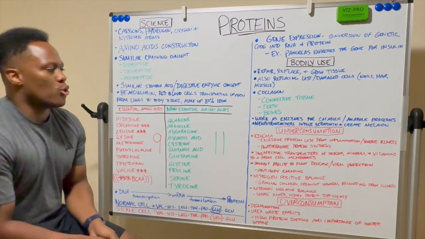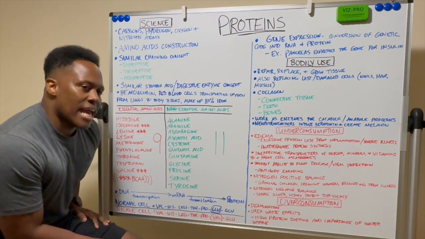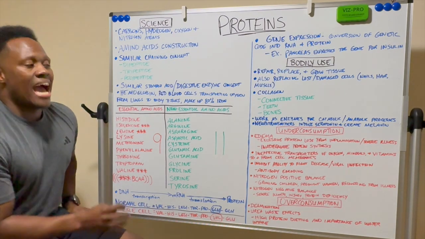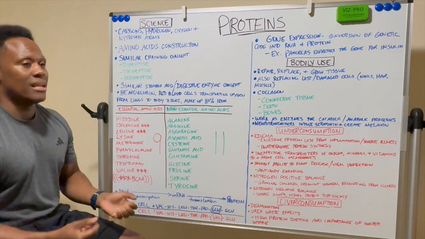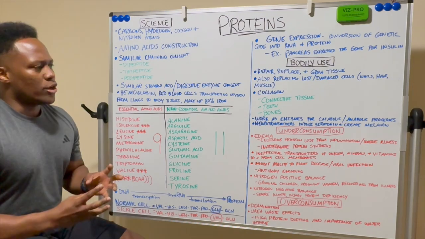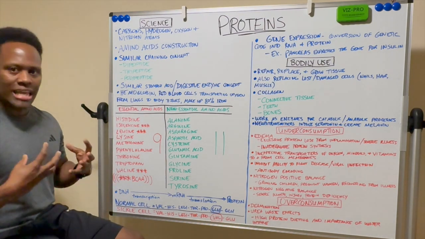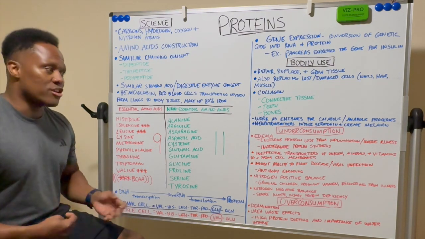Now, proteins also work as enzymes for catabolic and anabolic processes. Catabolic and anabolic, I have an example for each, so I want to touch on those. Whenever you hear catabolic, that's the breakdown. Anabolic is the build up. So your body will enter a catabolic state if it needs the energy, right? Like if it needs to break down your muscle cells for energy or for ketones or what have you, then it's going to do that.